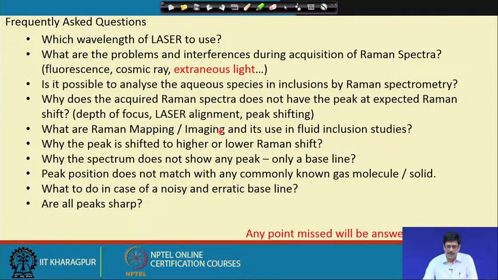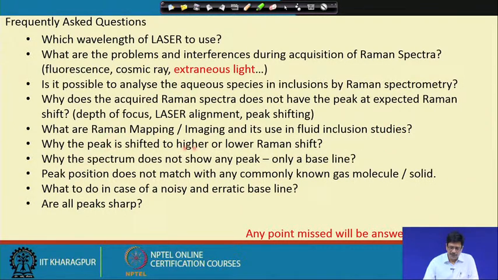Raman mapping and imaging are essentially done for solids, very rarely for inclusions, but still could be done. Raman mapping is essentially taking a lot of scans on lines, taking the Raman spectra and reconstructing the Raman spectra in a 3-dimensional manner, with all the peaks. Imaging is essentially a kind of concentration map that can be obtained. It could still be done for fluid inclusions, but as you know they are essentially homogeneous, the need does not commonly arise.